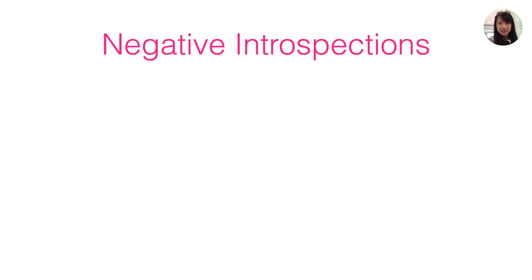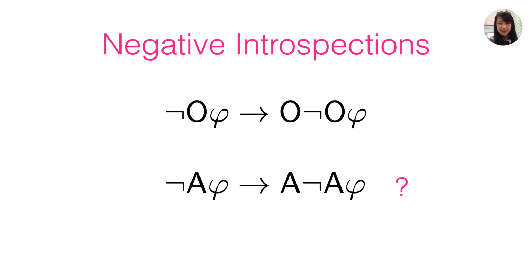One of the most interesting properties that we studied was negative introspection. And since we have two different modalities, modality O and modality A, we'll look at each of them separately. So the first negative introspection is for modality O, the omniscience. As Pavel just said, omniscience behaves the same way as the epistemic knowledge S5. So it is an S5 like modality. So the negative introspection holds. However, it is not true for the attainable knowledge, the modality A.